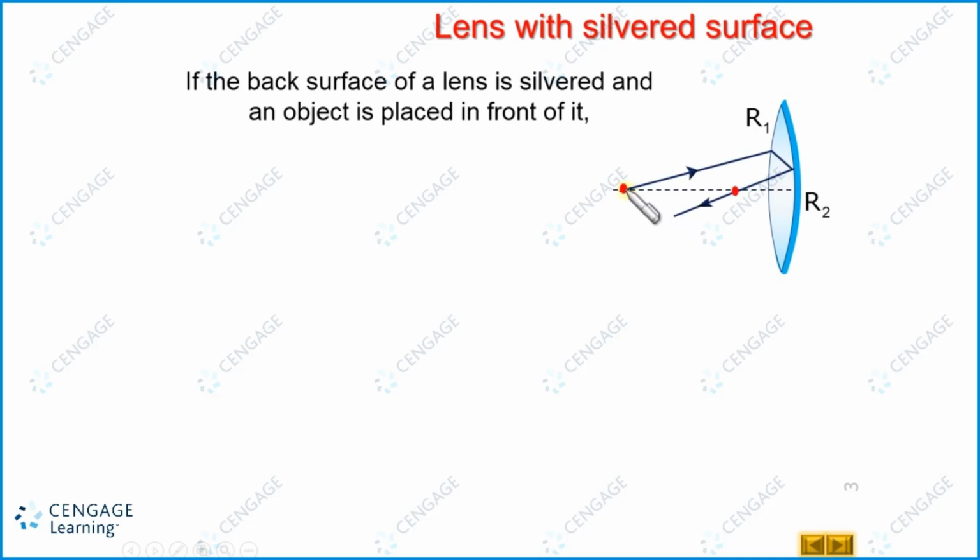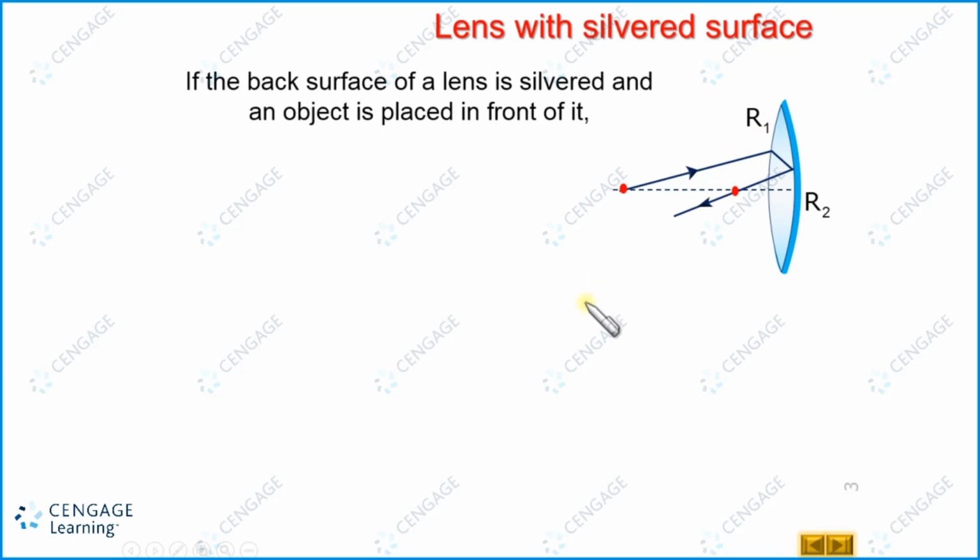Suppose we have placed object like this, we can observe a ray from the object incident on the lens, bends, interacts with the lens, now strikes the polished surface, comes back, again interacts with the lens, and finally comes out of the lens, and finally forms the image somewhere here. In this process, we can observe the rays are interacting with the lens twice, once when they are coming in and second time when they are coming out, and they interact with the mirror surface once.